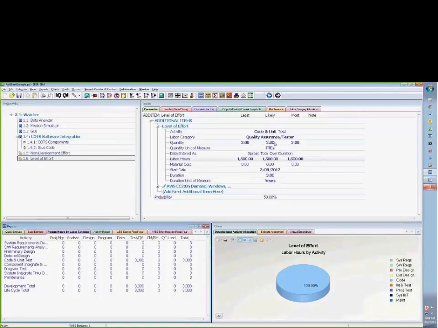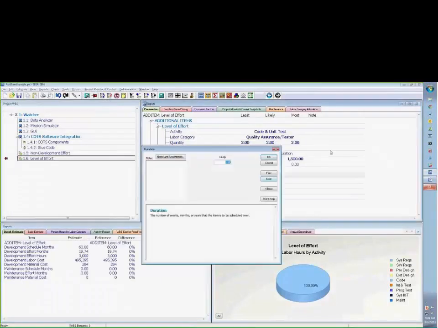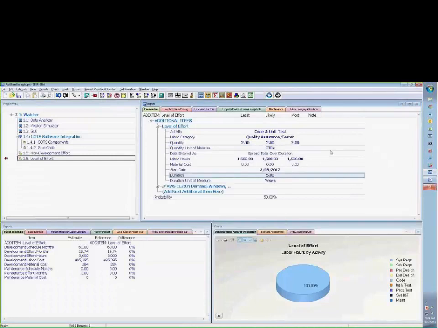And the 3,000 hours come from my 1,500 times 2 FTE. And you can see that the duration of 3 years didn't come into effect. So, a quick reference here. If I change 3 to 5, nothing changed. And the only thing that, let's see, if I go ahead and change the quantity, if I double